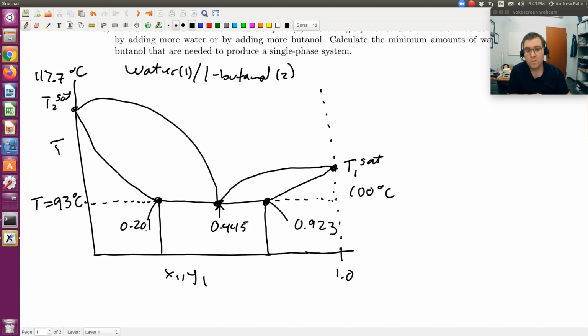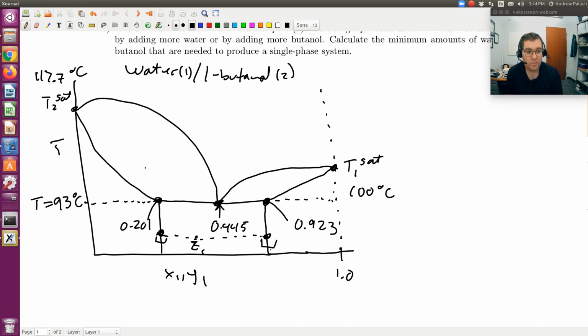So if I'm in this liquid-liquid region and I get phase splitting, let's say I have a mixture of composition Z1. Then I'm going to get phase splitting along my isotherm, and I would end up with one liquid phase of this composition in equilibrium with the liquid phase of that composition. So this left phase we would say is rich with respect to 1-butanol, because it would be 0.2 mole fraction water and 0.799 mole fraction 1-butanol, so it would be a 1-butanol rich phase,